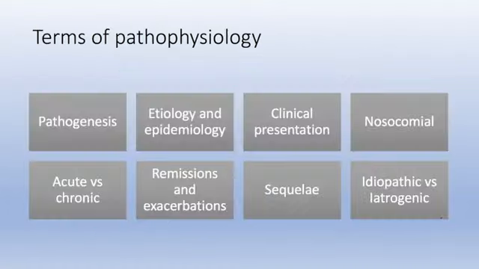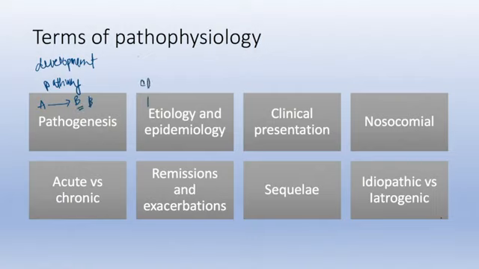A couple key terms of pathophysiology that you should understand. So pathogenesis is a little bit different than pathophysiology. So pathophysiology is understanding that entire kind of process. Pathogenesis is basically development of the disease. All right, the other way I like to look at it is the pathway. And we really look at that cellular level. The pathogenesis is how it goes from point A to point B, and we get the disease, okay?